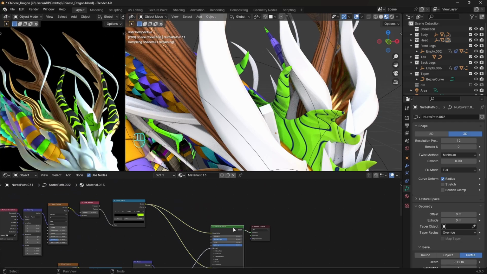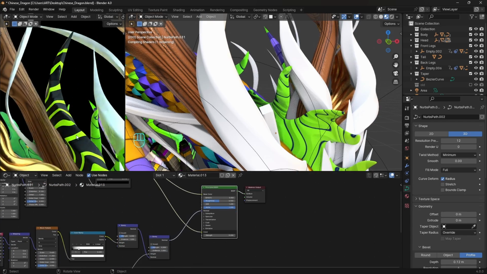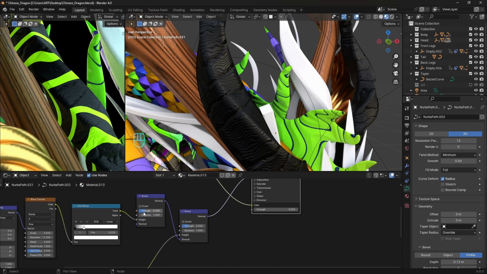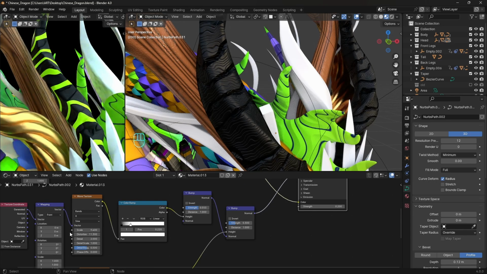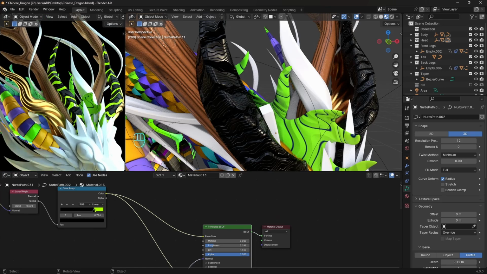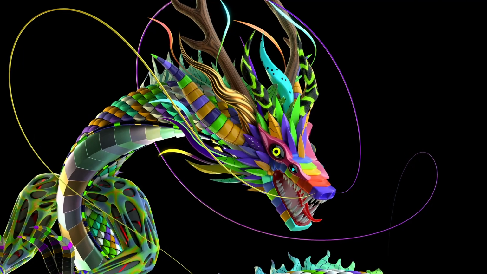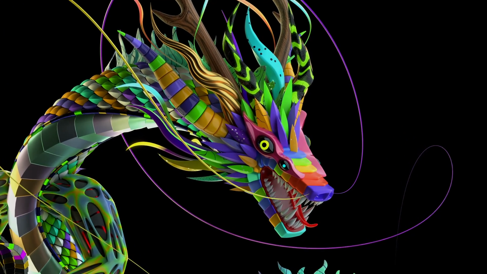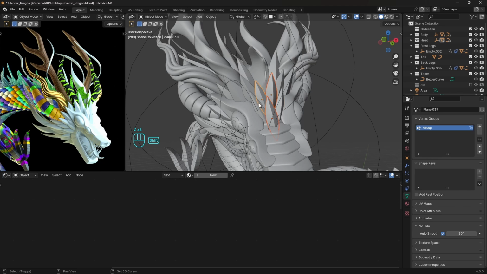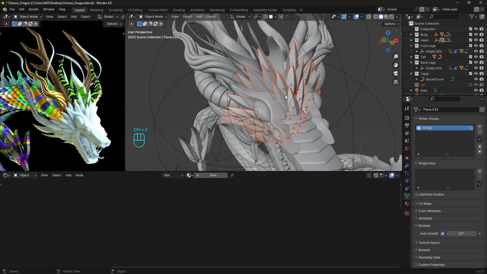Ctrl Shift and click to plug back the Principled BSDF so you can see what we just did. The first bump node can be a little bit stronger and maybe tweak some of the settings, but that's the whole node setup for these horns, so just decrease the roughness and we are done here. Moving on to the spikes, and we will use one material for the different colors, then add a pattern variation to a few. Let's first select all of them and move them to their own collection.